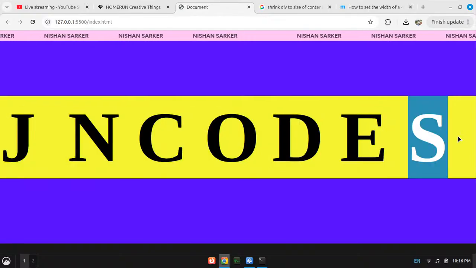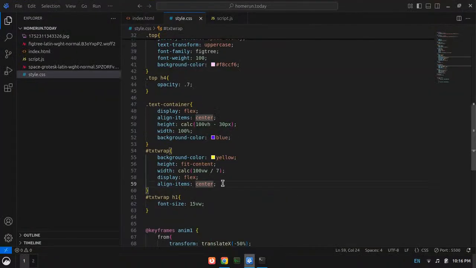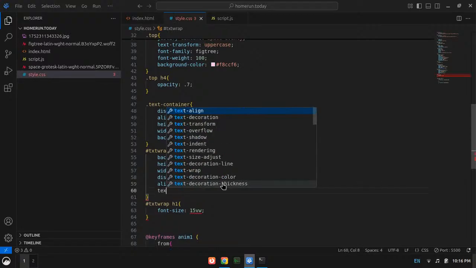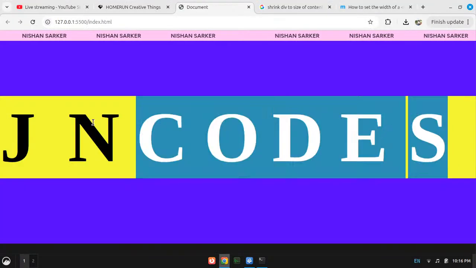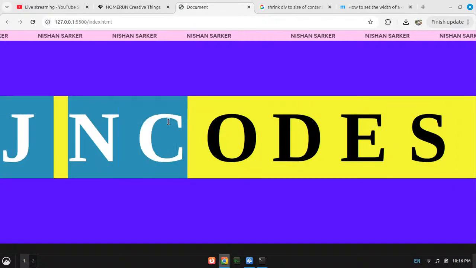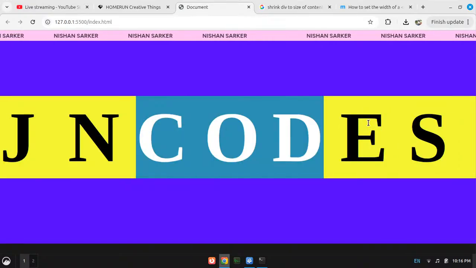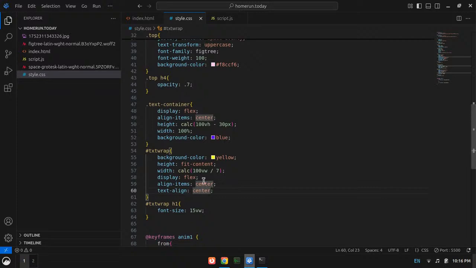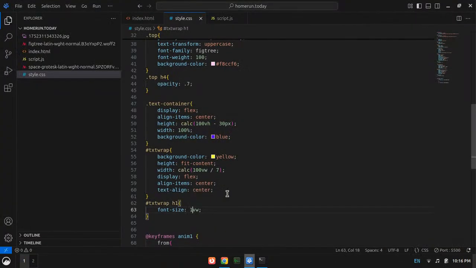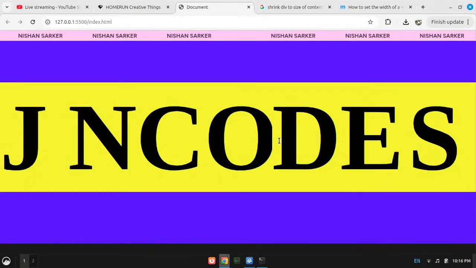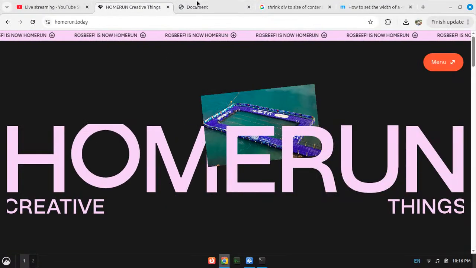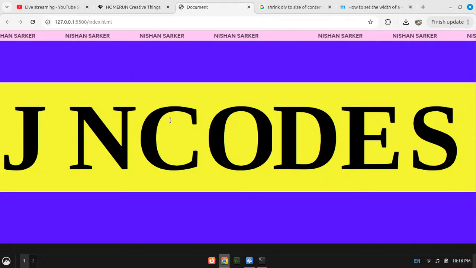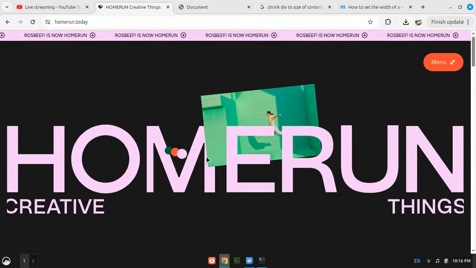No, the item is not aligned center. So let's see, text align center. Would it work? It's already centered, I guess. Whatever. I don't mind it not being centered. I will just increase the size of them, not 10, 20 VW. Does it help? Okay, however, the text is not exactly at the center, it's a little bit lower, right?